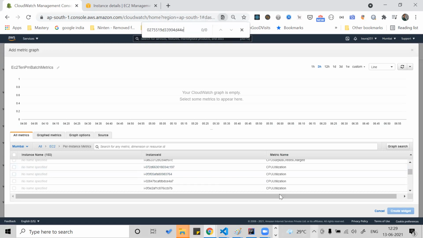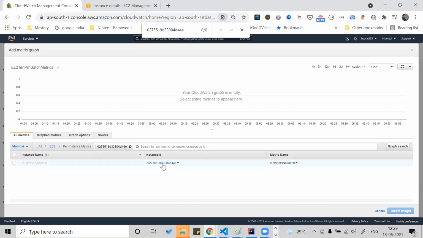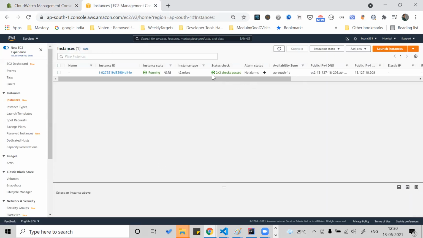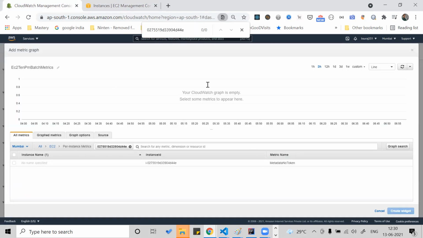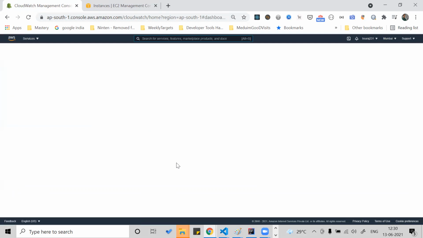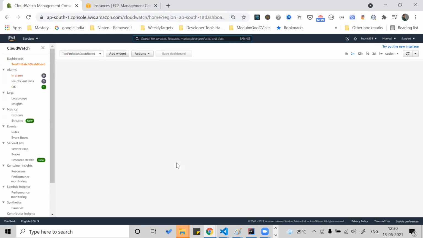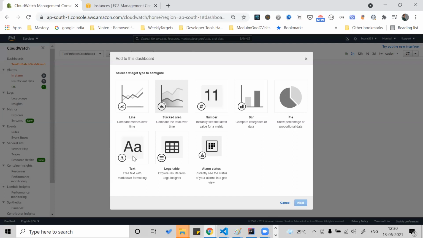You can search. I can search it here. I'll get only that. Why am I getting only this? So I can refresh. Add widgets, line, text.